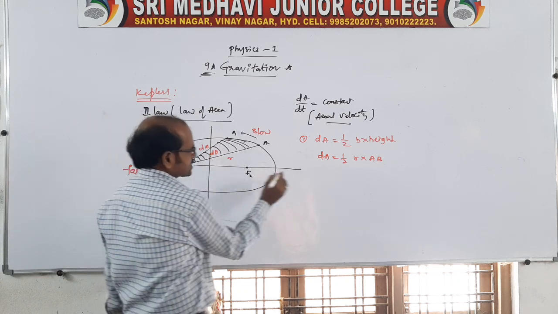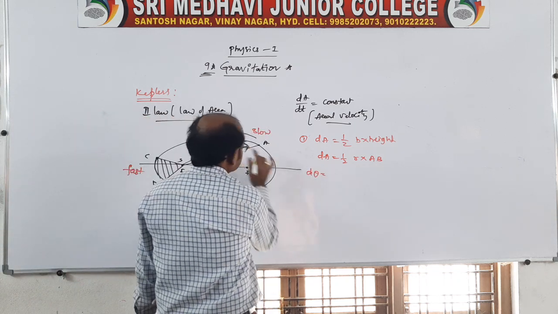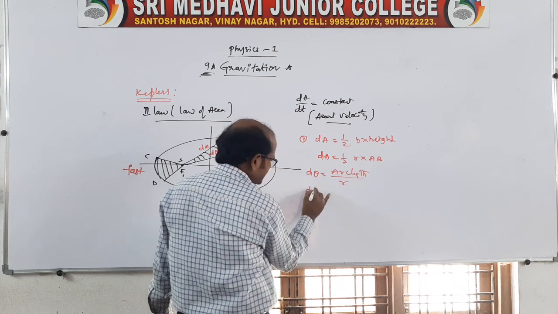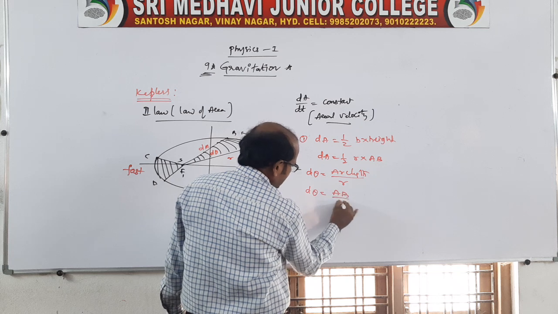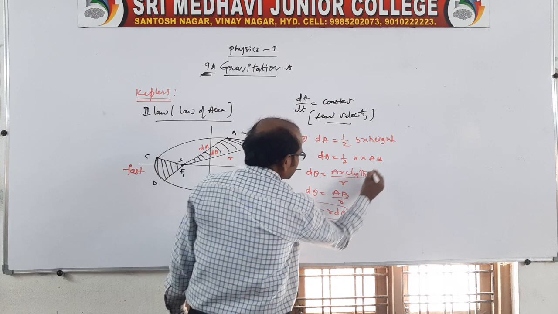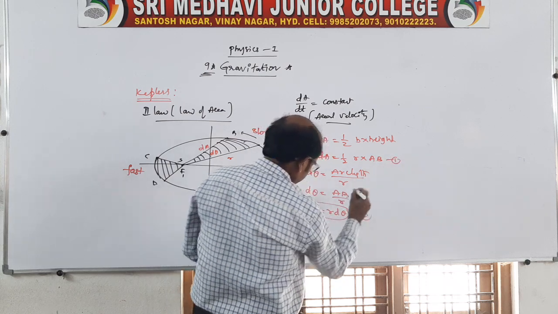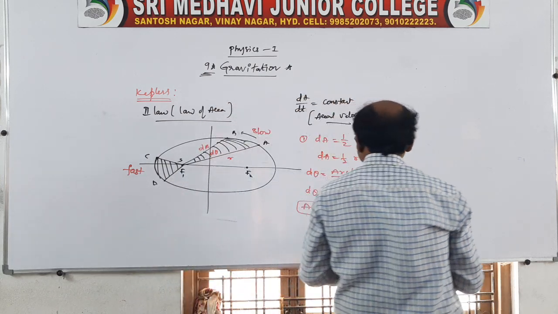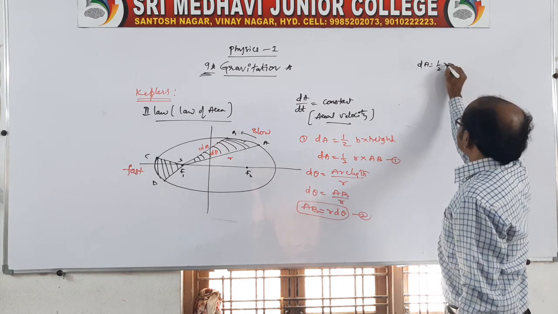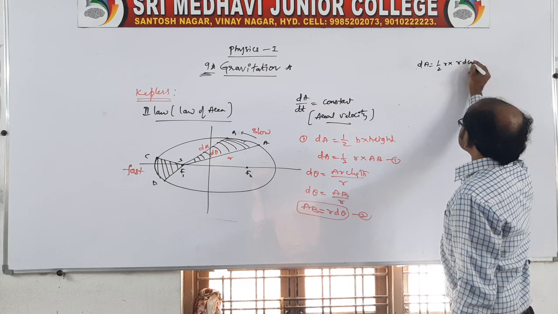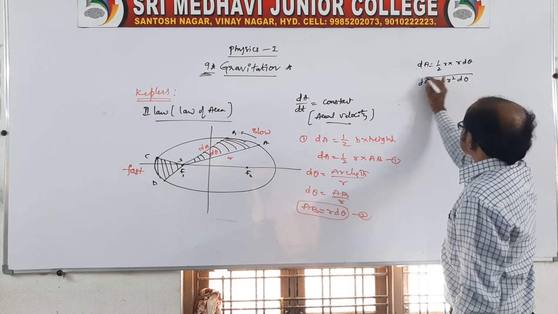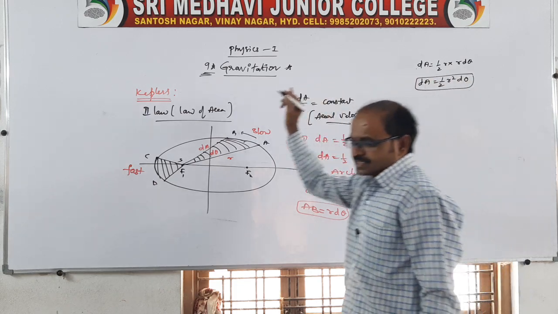So by using this angle d theta, that is arc length by radius, d theta is equal to AB by R. So AB is equal to R into d theta. Suppose you take this as equation 1, and this as equation 2. Here from this, you take AB and substitute here. Therefore dA is equal to 1 by 2 R into R d theta. Therefore dA is equal to 1 by 2 R square into d theta. It is the area.